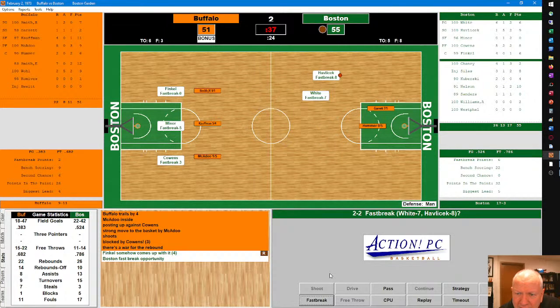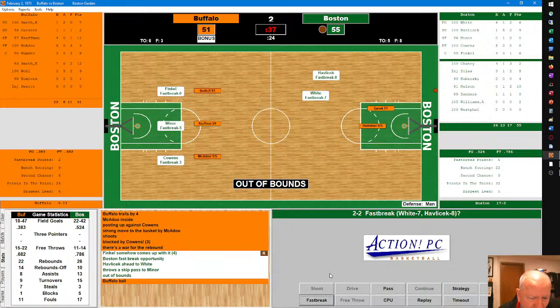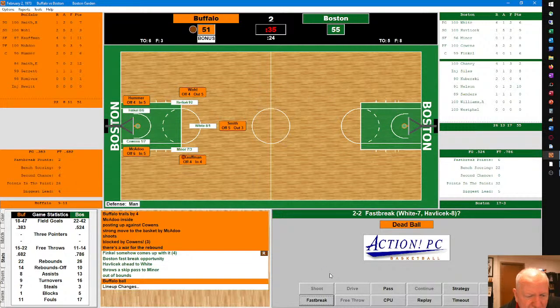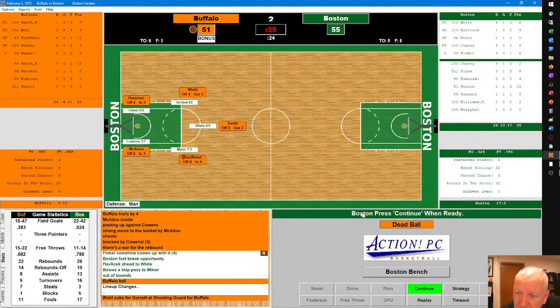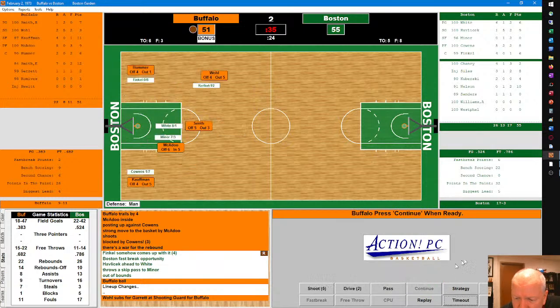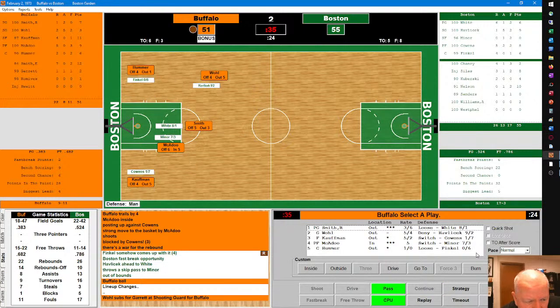Havlicek dribbles to his left, sends it over to White, and White loses it out of bounds for yet another turnover. That is 16 turnovers for Boston here in this first half. And that is the main reason why Buffalo has been able to keep it close, in spite of the fact that they're shooting less than 39% from the field.